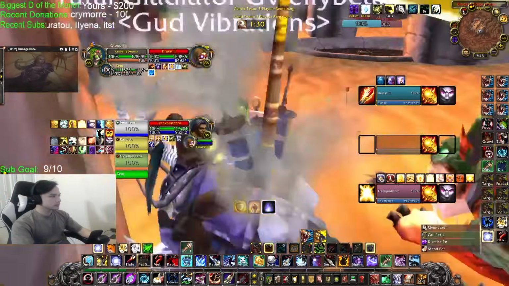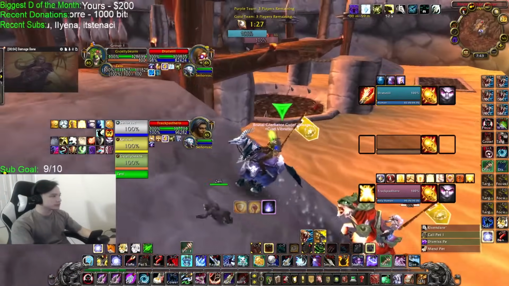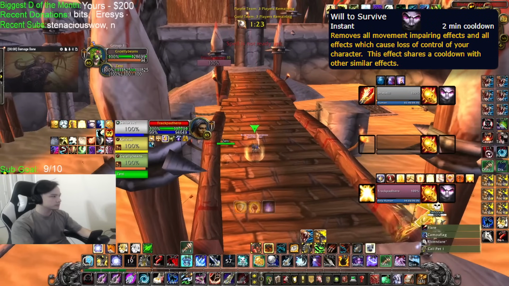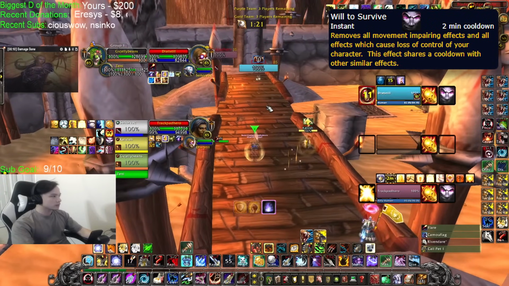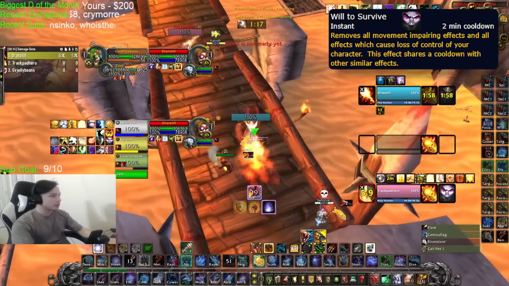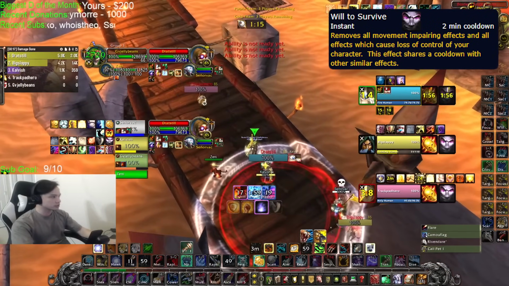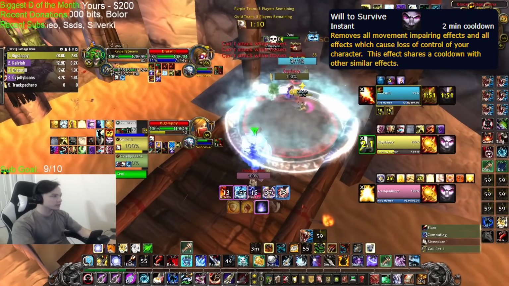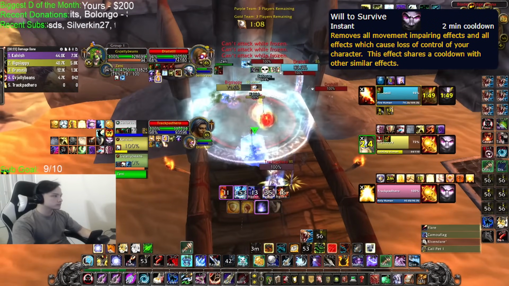In terms of racials, the only racial that really gives you a large advantage is human, because they have the racial Every Man for Himself. That allows you to wear a second trinket instead of using the PvP trinket. That will give you a damage buff. So you can use a heroic trinket, you can use a trinket from the raid, you can use a second PvP trinket, and that'll give you more damage during your goes and also a little bit more survivability,